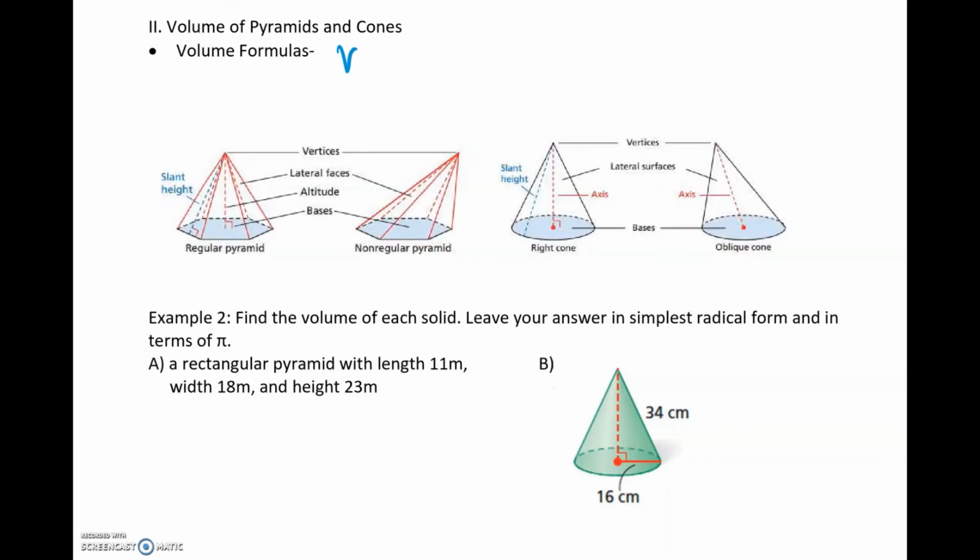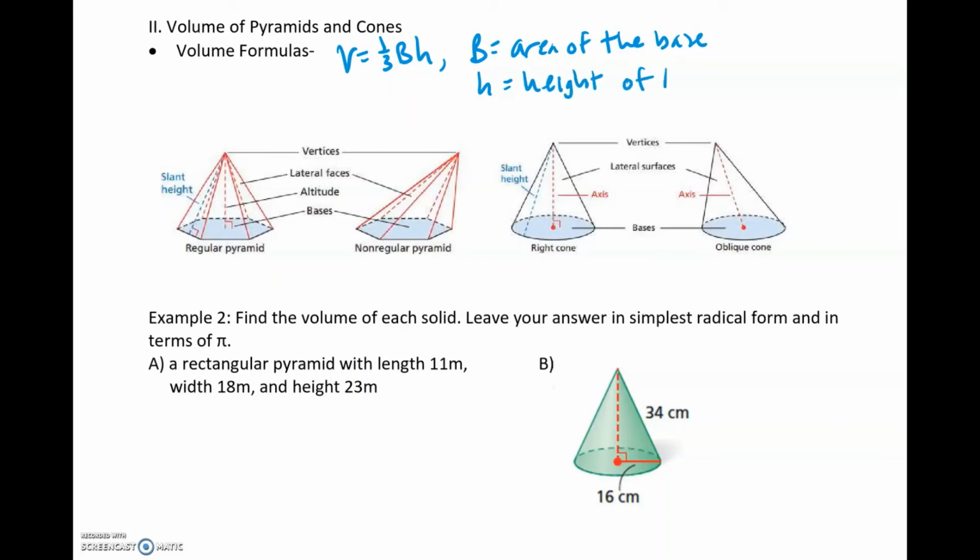So the volume is 1/3 the area of the base times the height, because your corresponding cylinder or prism will be 3 times the size in terms of the space inside of the pyramid or cone. So anyway, I think that connection is kind of cool. But what you need to know is the volume is 1/3 area of the base times height, where again capital B is area of the base, and H is the height